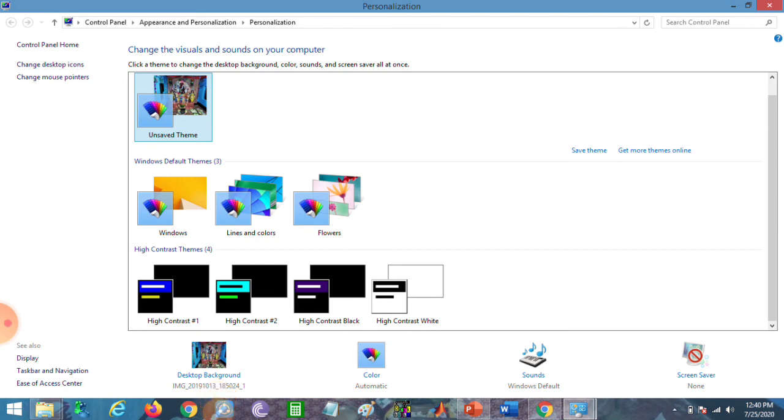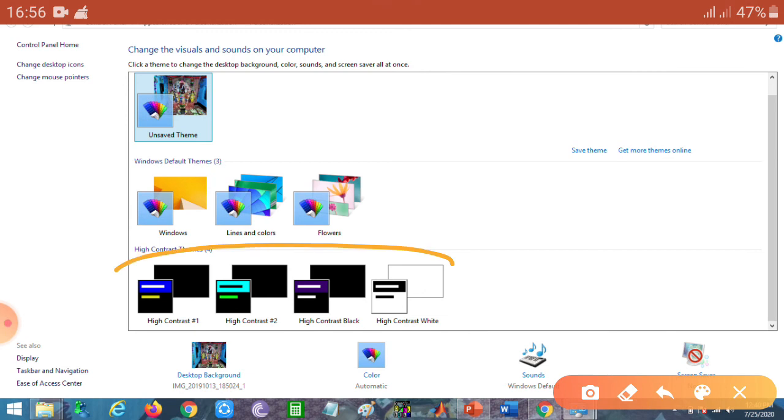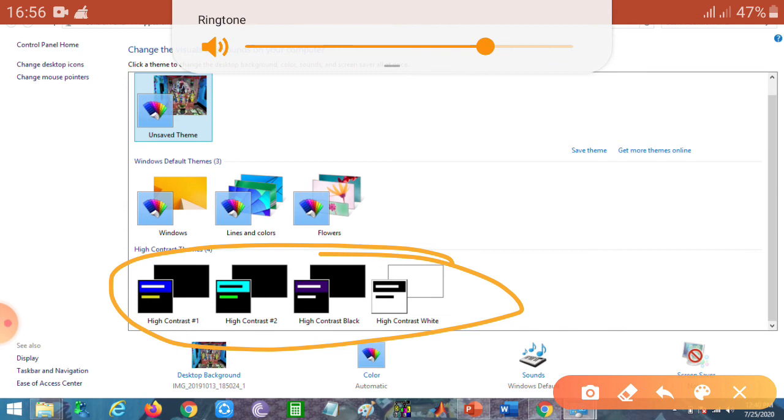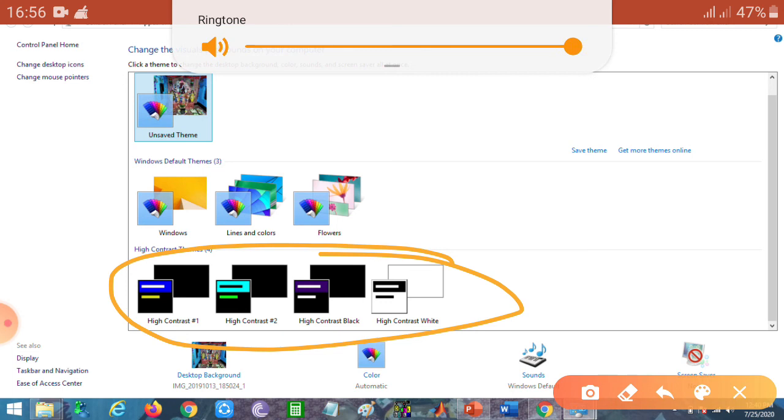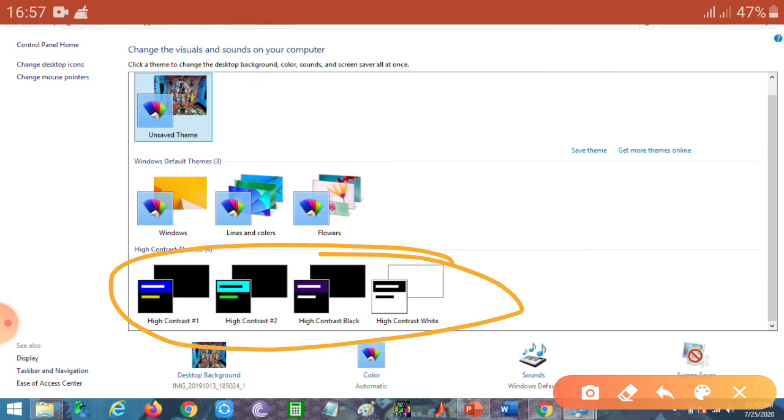Turn on or off high contrast when left alt plus left shift plus print screen is pressed. Here is the high contrast. This option enables the user to toggle a high contrast theme on or off. You can also make a provision for displaying a warning message and producing a sound while using a keyboard. Select the checkbox display a warning message when turning a setting on and make a sound when turning a setting on or off.